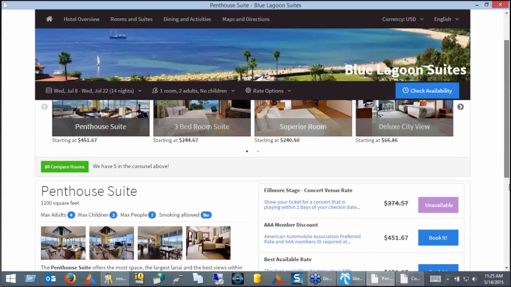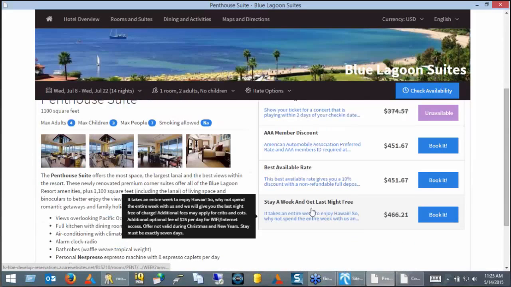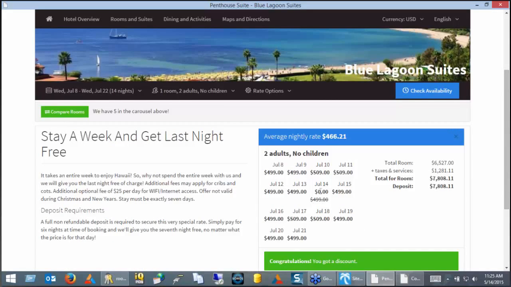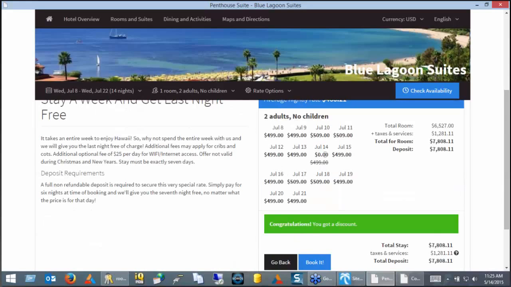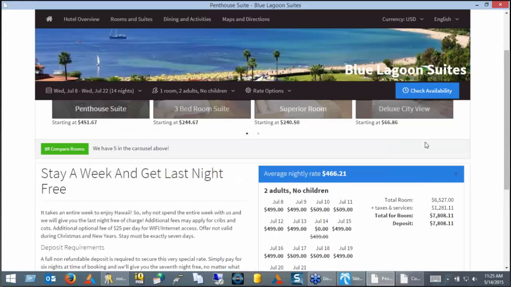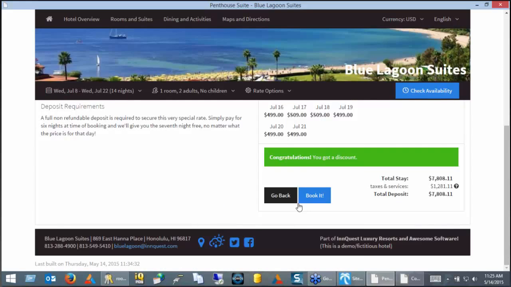Yeah. So in this particular case, they can break it down, and what we're doing is we're giving the seventh night free. So we'll show the guests that they're getting the seventh night free. We'll show them that they're getting a discount, and we'll show them the nightly breakdown, which you can turn on and off. But in this particular case, it's showing them that they would have paid the $4.99, but they got it for free. It shows them they got a discount, and then they can go ahead and book it. So when they book it,